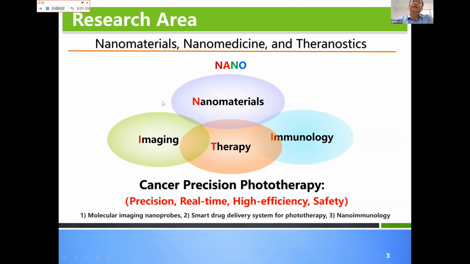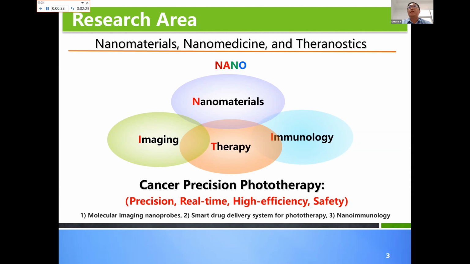My research area includes three areas: nanomaterials, nanomedicine, and theranostics. I want to do the main focus on cancer precision phototherapies. So we can use this material for molecular imaging and get some smarter drug delivery systems, and also get